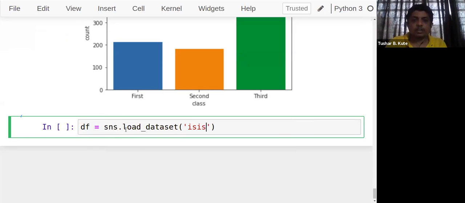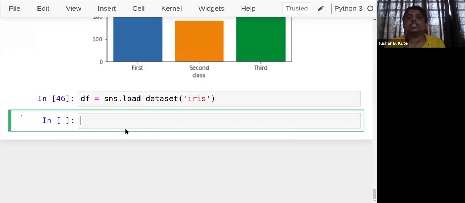Iris. In the iris dataset, we have the output variable as a class. Species, sorry. And I want to show the species of it. 150 entries are there, 3 species are there. And I want to show the balance of all the classes: how many entries for the first class, second class, and third class, so that a perfectly balanced classification machine learning algorithm can be created.